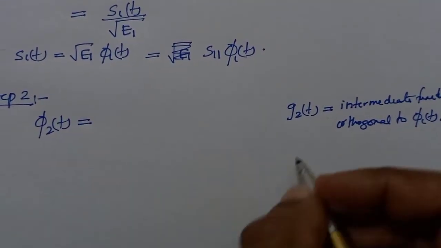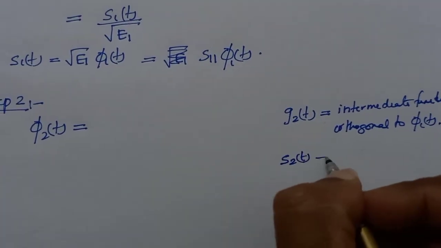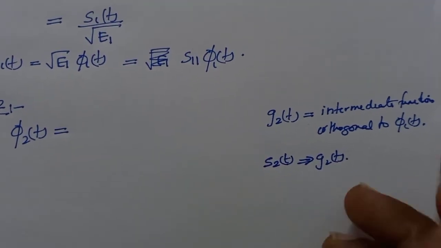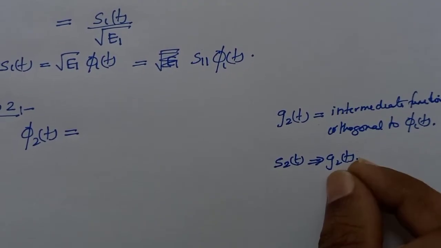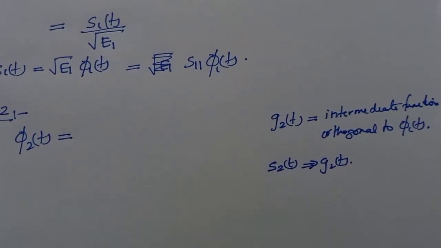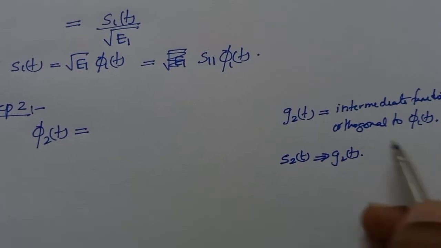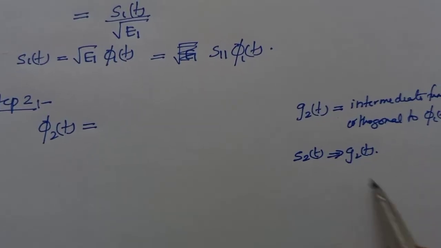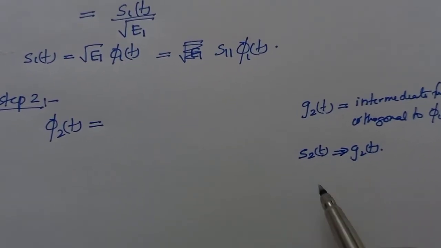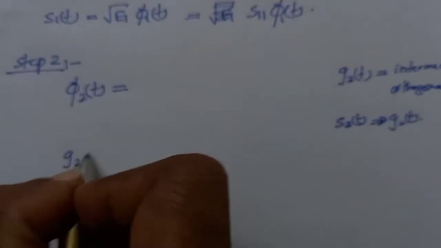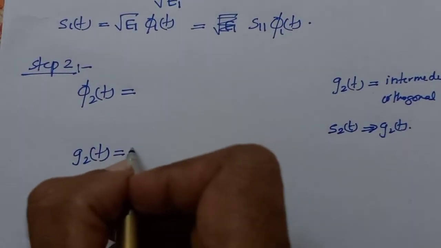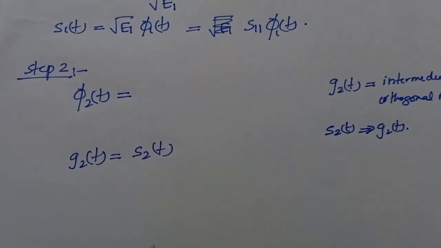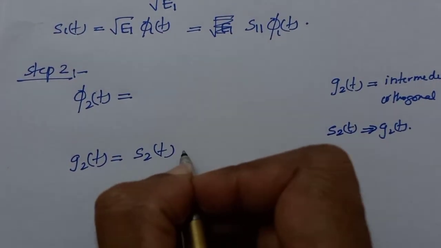I will repeat once again. From S2(t) we will find G2(t). G2(t) is an intermediate function which is orthogonal to the first axis, phi1(t). Now how will you find the component orthogonal to phi1(t)? You remove all the components related to the first axis from S2(t). That is, G2(t) equals S2(t) minus